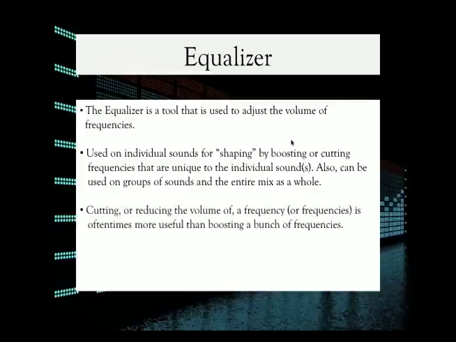Cutting or reducing the volume of a frequency or frequencies is oftentimes more useful than boosting a lot of frequencies. Cutting is a little more of a graceful process. Oftentimes you could have a sound that isn't clear, is muddy. And I know I've mentioned that a few times, but it's very common to get rid of those frequencies that